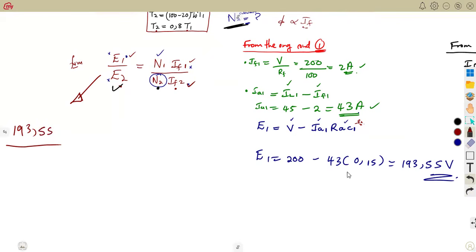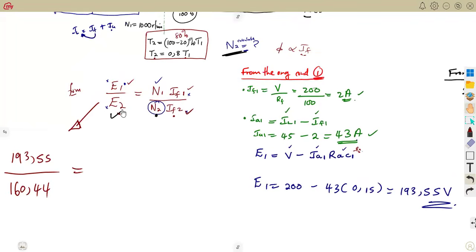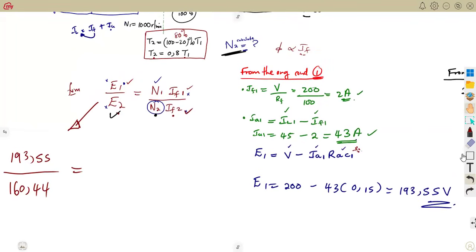E2, the E2 that we just calculated now, it was 160.44. For the sake of not having those disturbances, let me just substitute. Then N1, we have it. That was the speed originally given. I wrote it. You're supposed to write on the diagram there, 1,000. This is your N1 there, 1,000